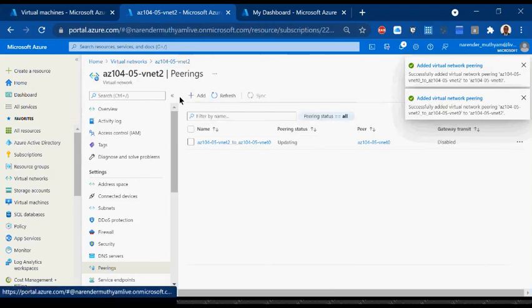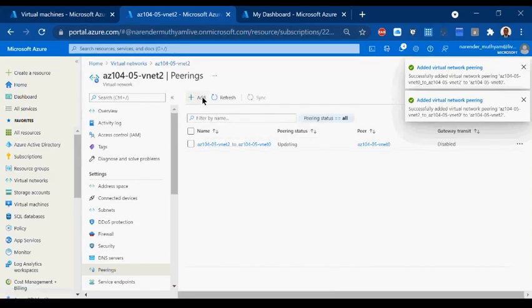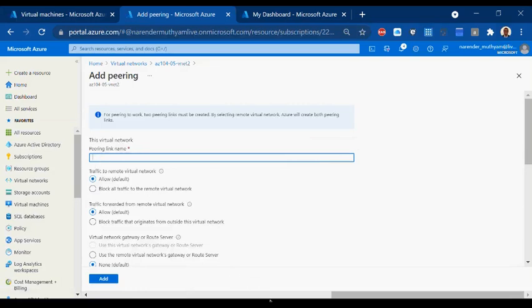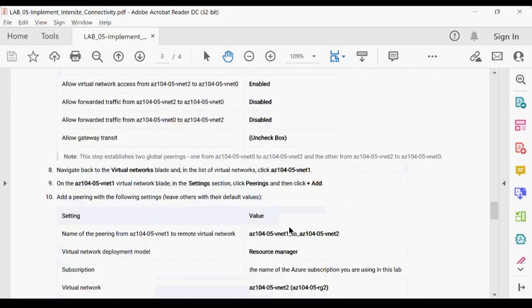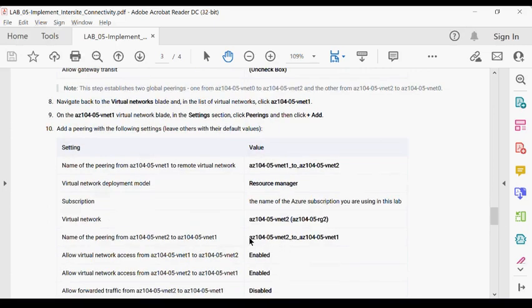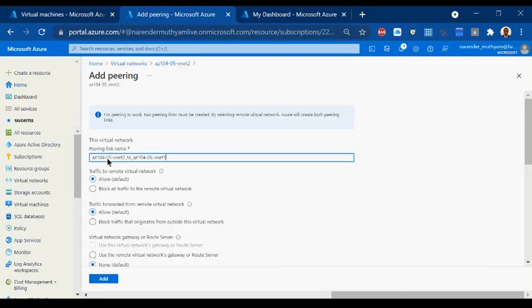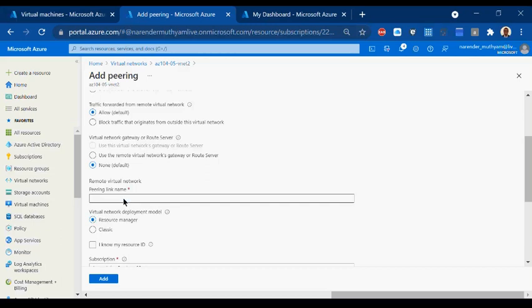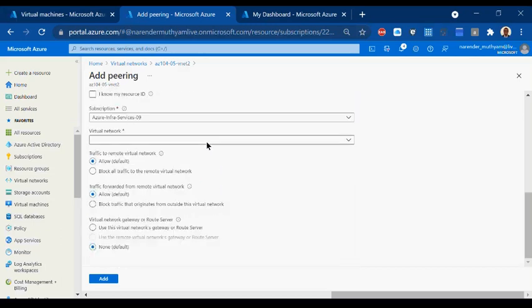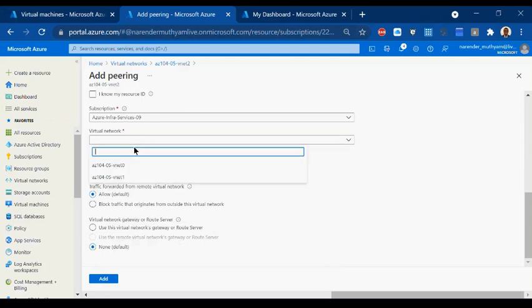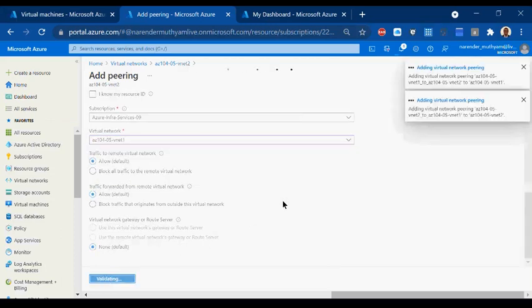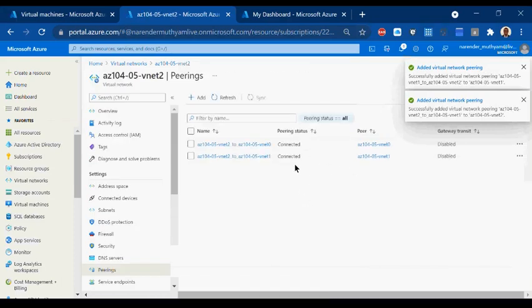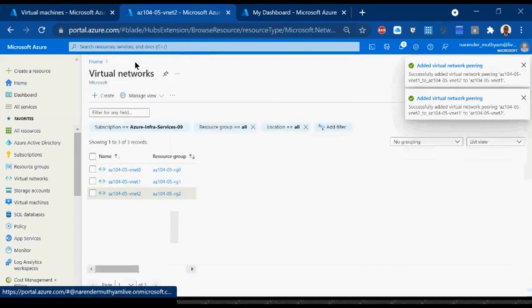Over. And same way, being in the same VNet 2, what I want is 2 to 1. So I'll just go back here. I'll select this one, reverse, because 1 is not discovering 2. That's the reason I'm using this way, 2 to 1. And once it is there, this is 2, and I should select 1 now and say add. So this is how I have created my peering.